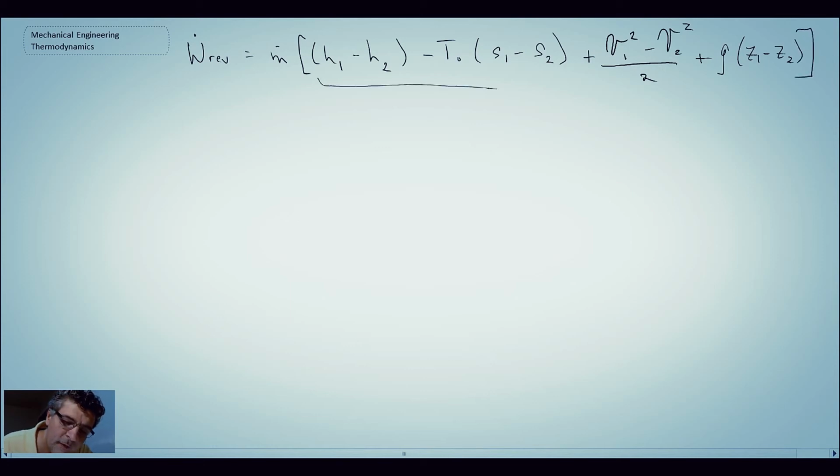So this term in brackets represents what we had in the previous equation, which was psi1 minus psi2. Now, if we've neglected potential energy and kinetic energy, that goes away and that goes away. And so then what we're left with for reversible work